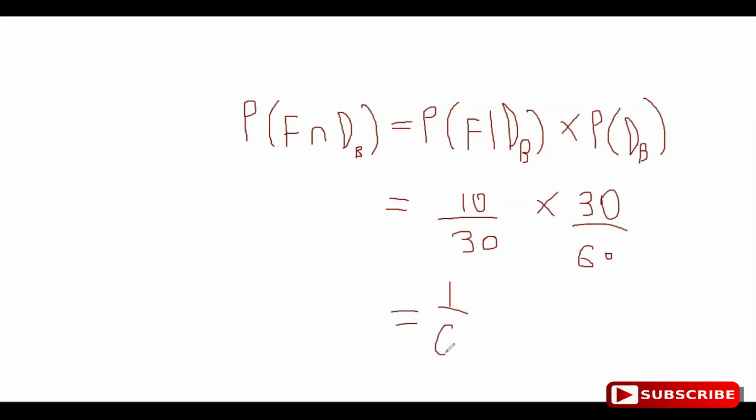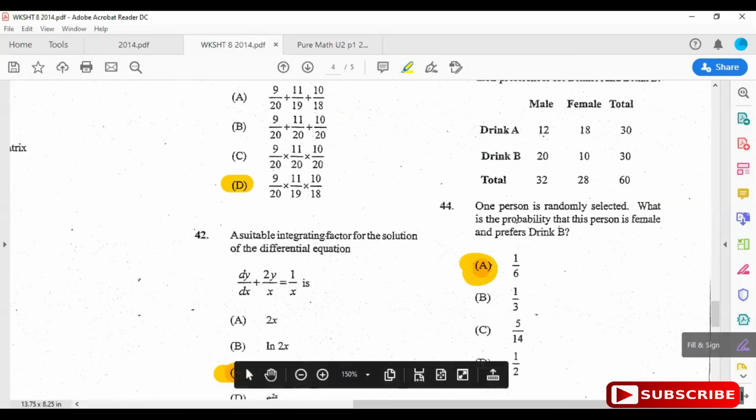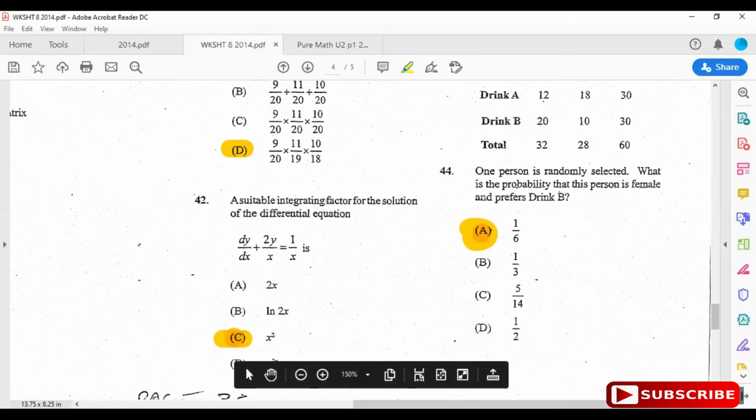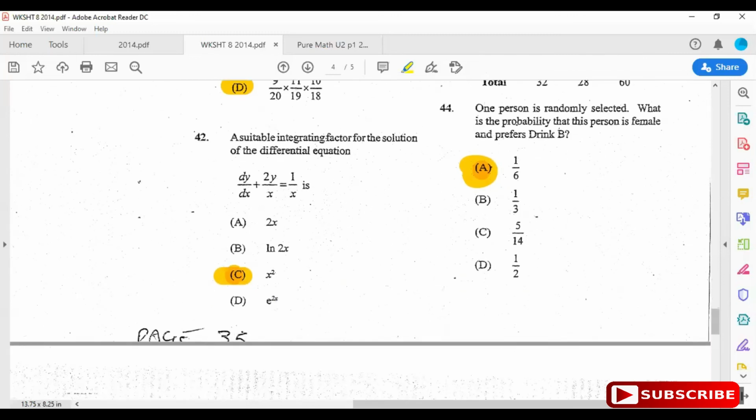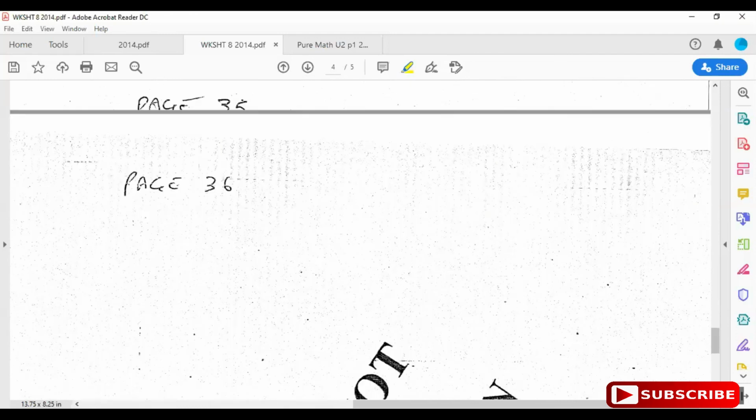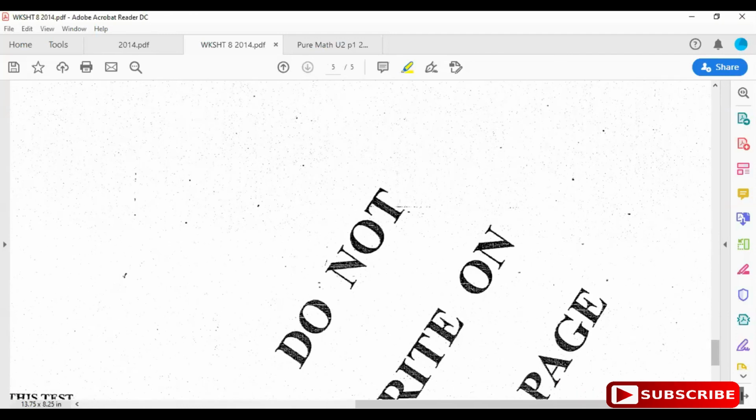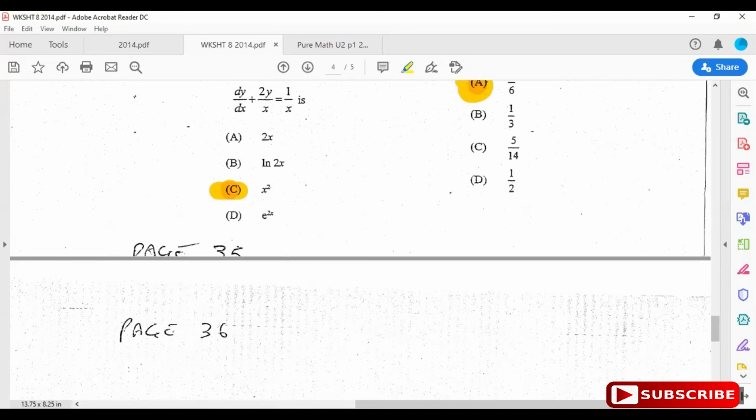If you do it using the conditional probability method, I guarantee that if everyone ties, then this student would have been deemed the top dog. So that's another way of doing it, instead of just looking at the table and saying 10 over 60. All right, so that's question 44. Final question now. So the final question is asking us for